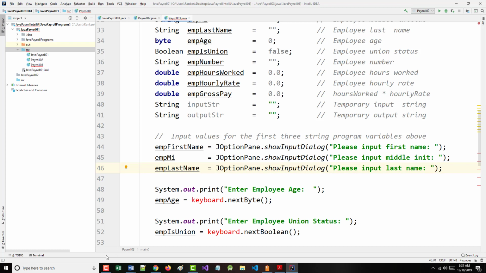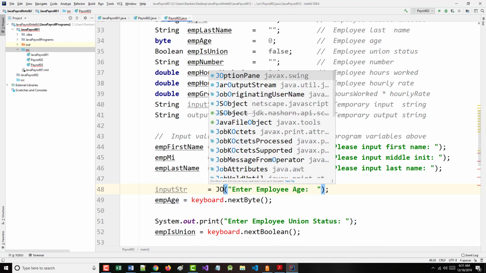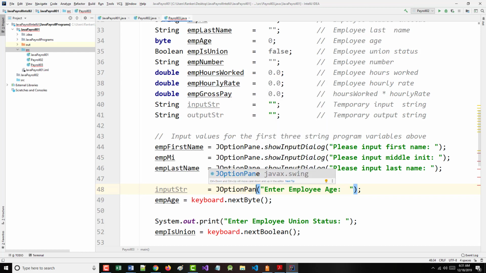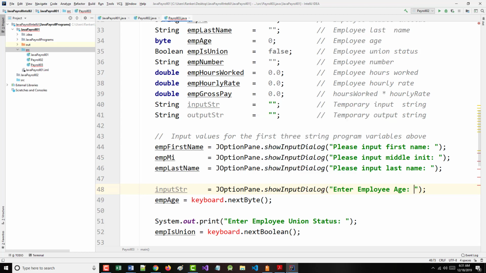So I'm going to come in here and say input str equals JOptionPane.showInputDialog, Enter employee age. Okay. But now I can say emp age equals